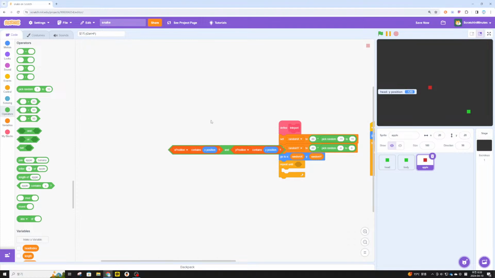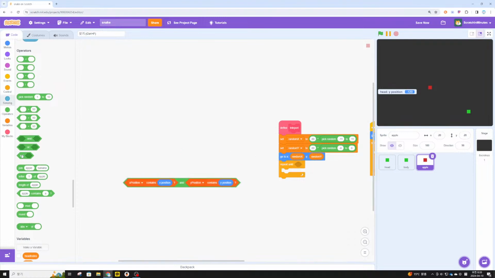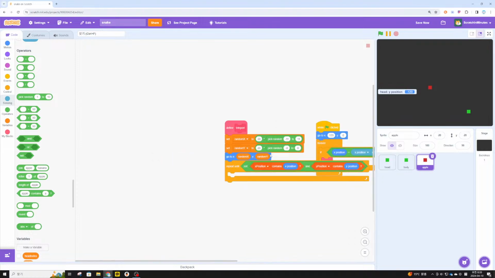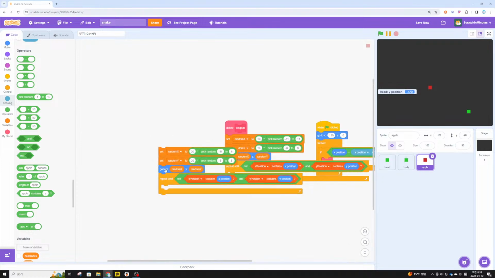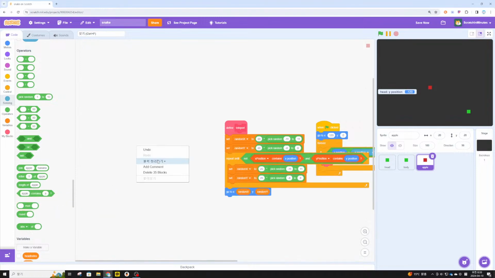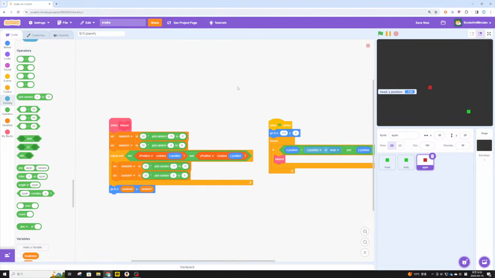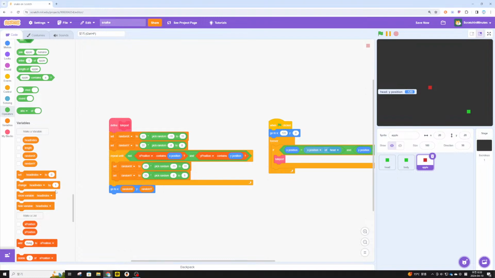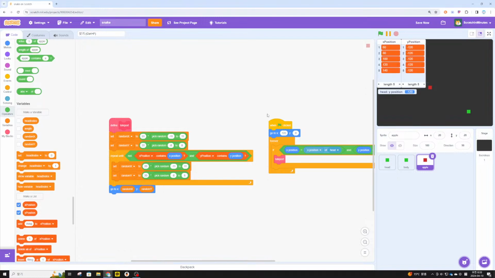Because if we just put a not to this, and if we repeat until this, the problem is we want this to be a, wait, hold up. Okay, I don't know exactly how to put it to words, but